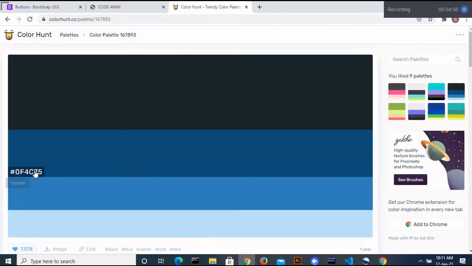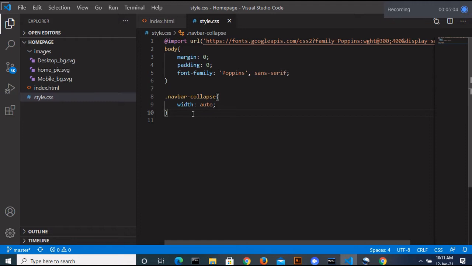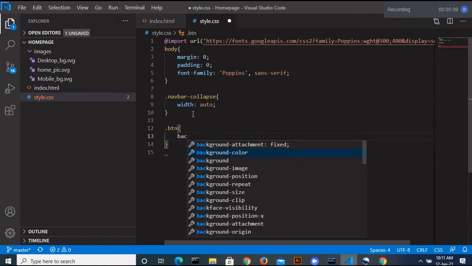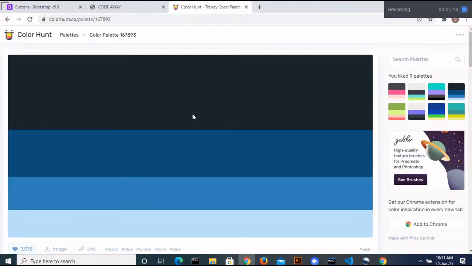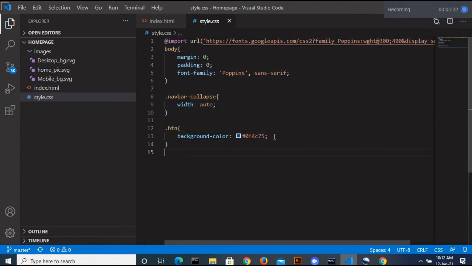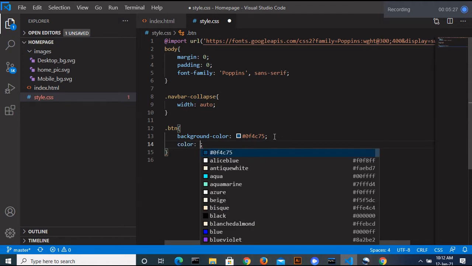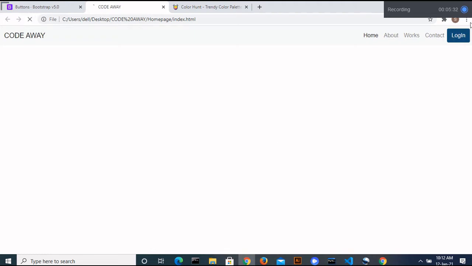So let me paste this color and add it to the button class. Color. See. Okay, let's change the text color to white. To white, and now it looks great.